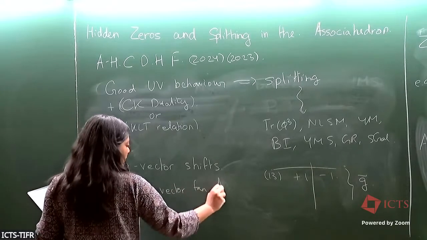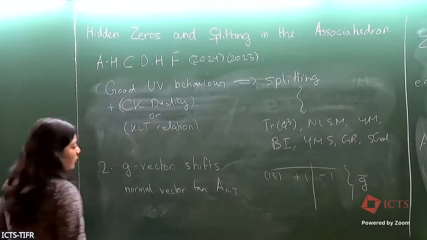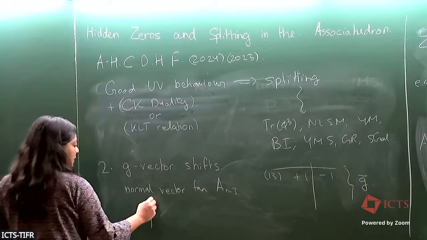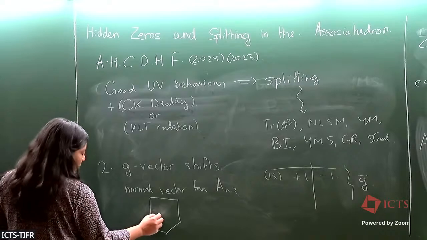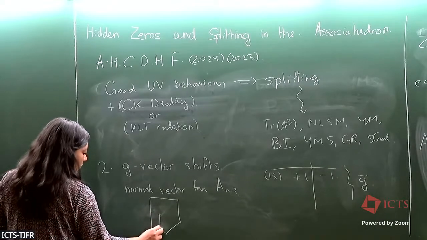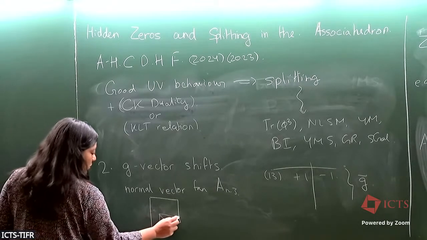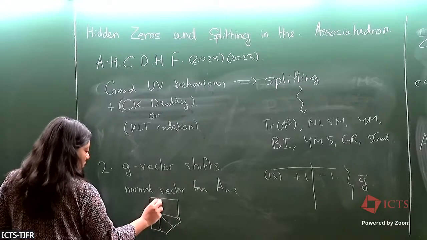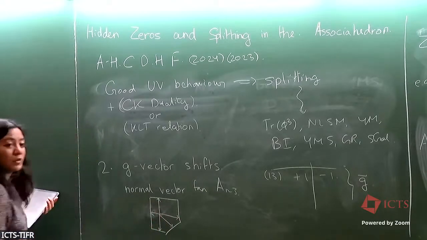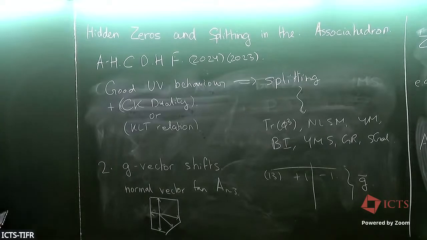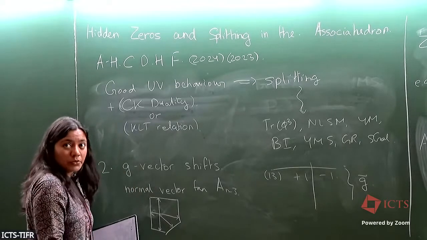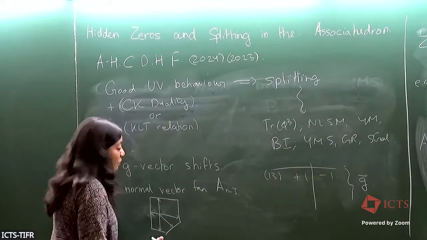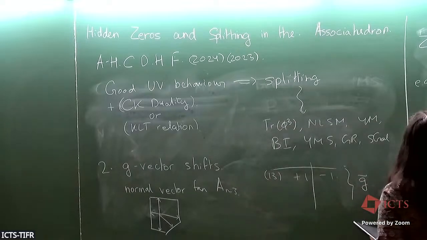to the associahedron. So if I have, for example, the pentagon that I had before, the normal vector fan would look like this. The number of G vectors is the number of boundaries, and you can label your G vectors by precisely which boundary they are normal to. So if I redraw this G vector fan for 5 points,